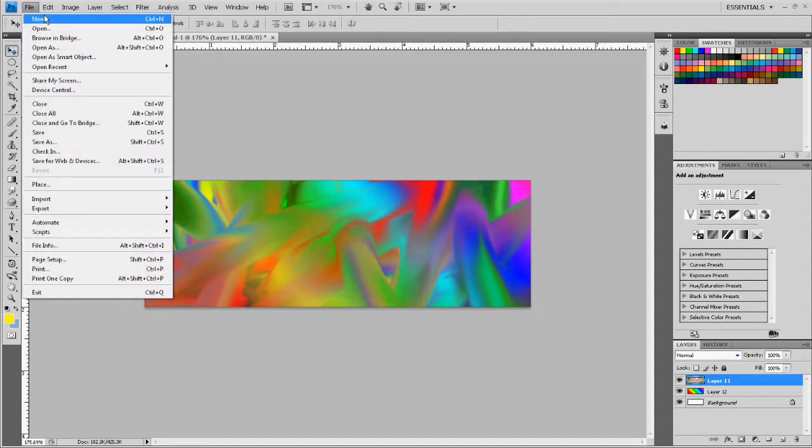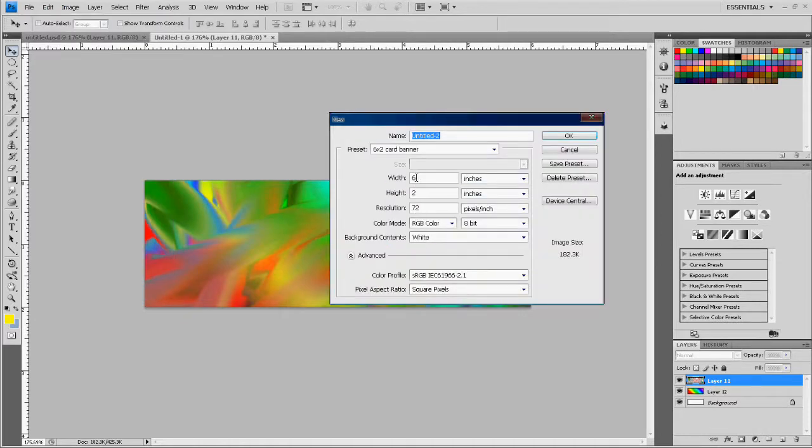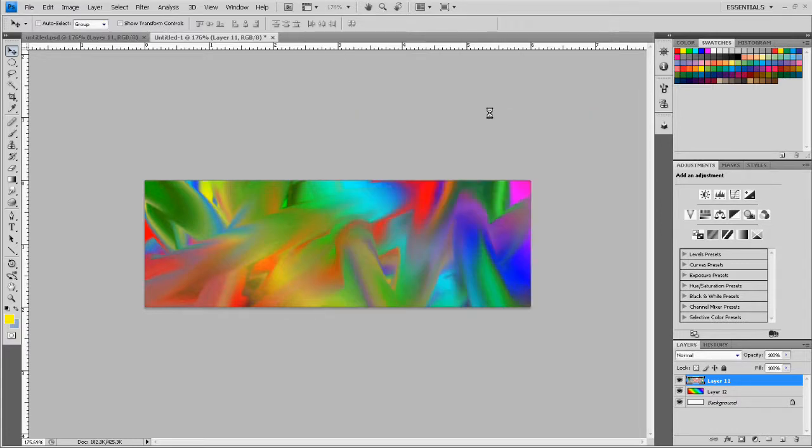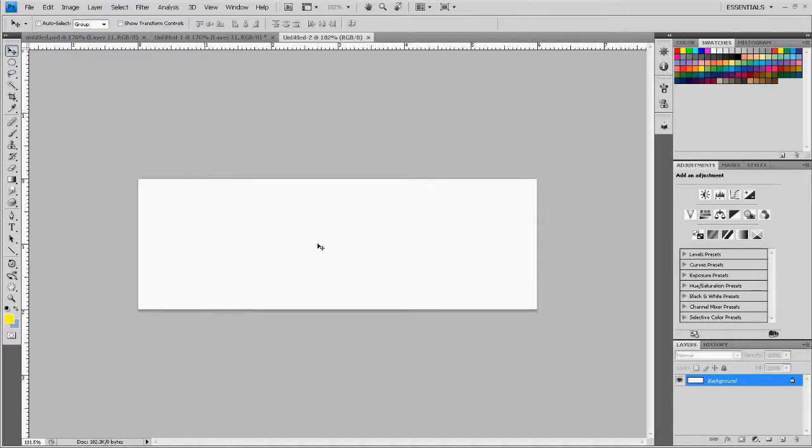Okay, you want to create a new document, new, and you want to make it 6 inches wide by 2 inches high. Click OK, and you get this. And then you want to go create a new layer